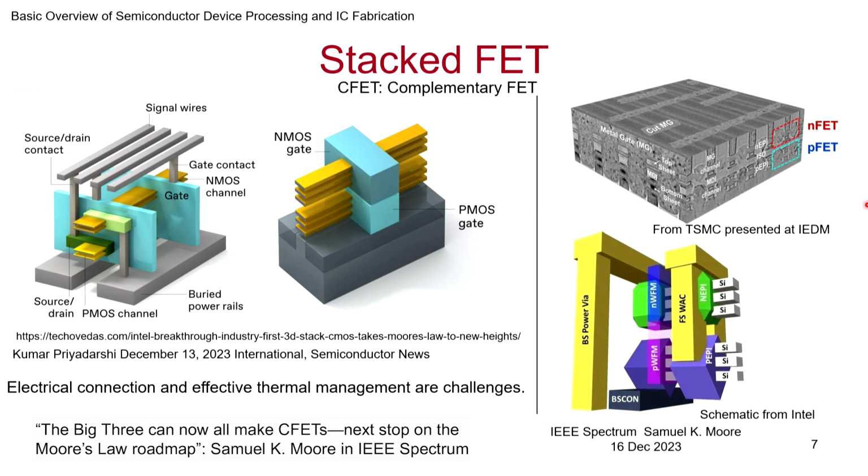Why production worthy? Because it's not just about demonstrating one device. If you have to make zillions of devices, you make devices all over the wafer, and over multiple wafers. So it has to be an extremely stable process, and you should get sufficient yield. If you make 100 and you get one device, then it's not going to be very economical. If you make 100, you should get as close to 100 as possible, typically 90. These numbers are not revealed, but that's where the competition is. The higher the yield, the lower will be your cost. And easier it will be to play off the competitor with the customer by offering a lower price.